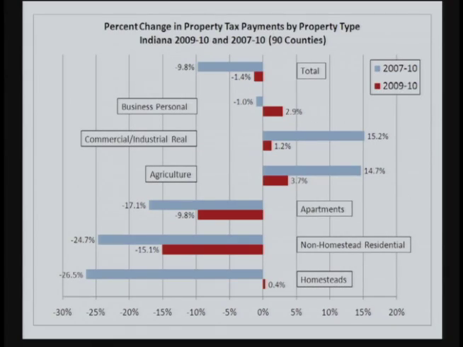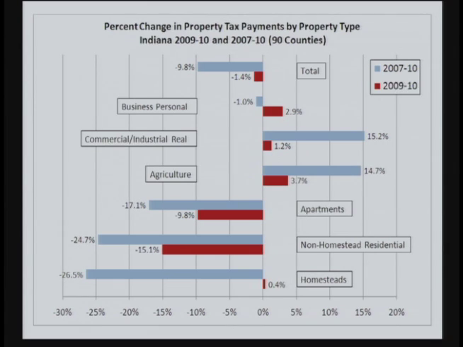Well, what has happened with property taxes since 2007, and these are the blue lines that you see, and also since 2009 through 2010. We say since 2007 because the tax caps are part of a very important property tax reform that was passed in March of 2008. So a comparison to 2007 says what has happened with the big property tax reform between 2007 and 2010. And what you see here are the percentage changes in the property tax bills paid by several different types of property. And let's work from the bottom up here. And we'll start with homesteads.